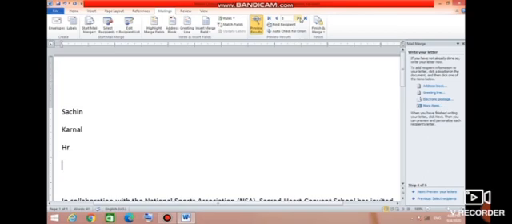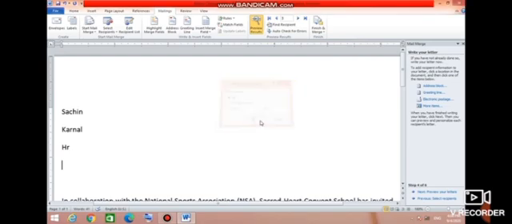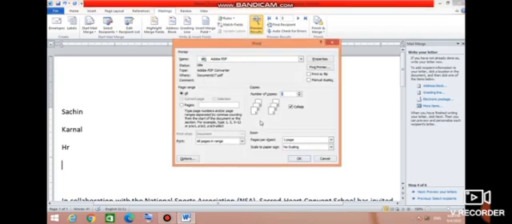Printing the merged letter. We can take the printout of our letter with the merged data of our data source. In order to print the letters, click on the Finish & Merge button in the Finish group of the Mailings tab. Select the Print Documents option from the drop-down menu. Or another option we have is to complete the merge: Step 5 of 6 in the task pane, and then click on the Print option. Okay, we can take a printout.